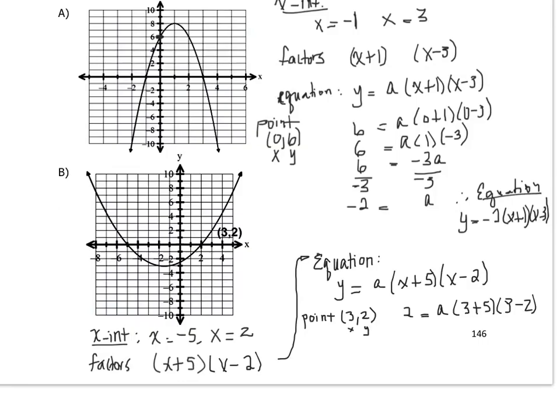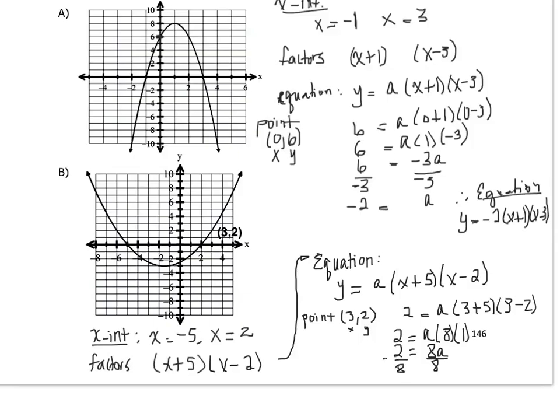So then we solve that equation to figure out what a needs to be, because if that point is on that graph, that means the equation must be true when x is 3 and y is 2. So we have the first set of brackets, 3 plus 5 is 8, and the second set of brackets, 3 minus 2 is 1. So that gives us 2 equals 8a, and then if we solve for a, we get